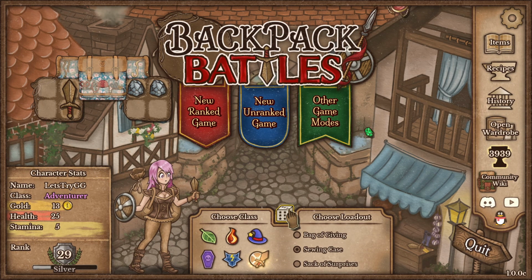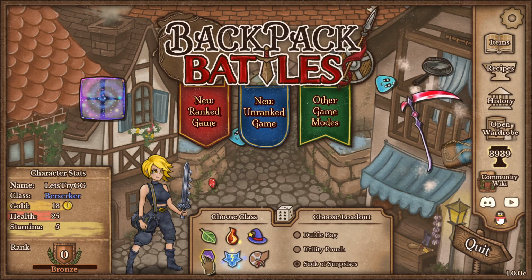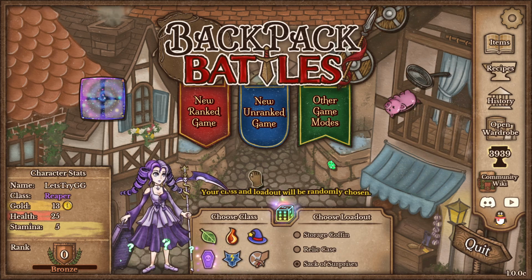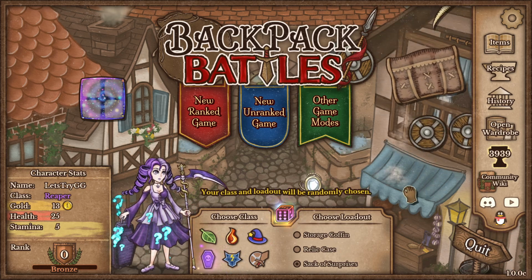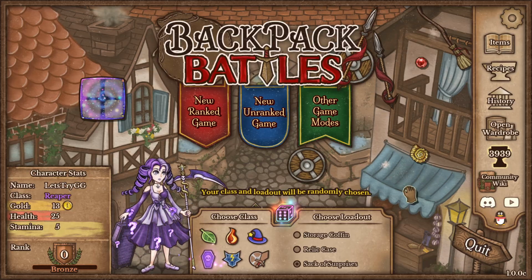So now, the plan is going to be sack of surprises, sack of surprises. I don't know if I need to check that. The plan is going to be dice. Starting tomorrow. For now, that is going to do it